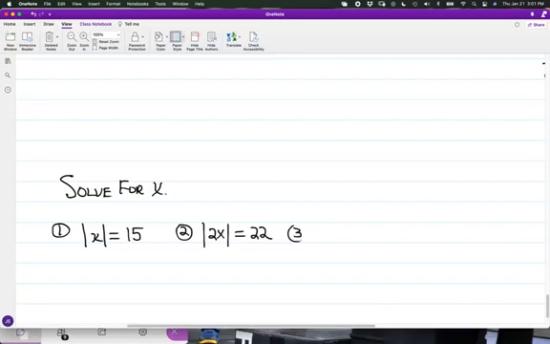And we'll say we have the absolute value of x minus 22 is equal to -10. And we'll say that we have as a fourth case,